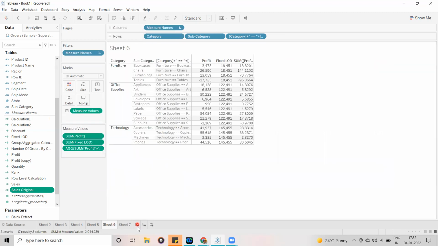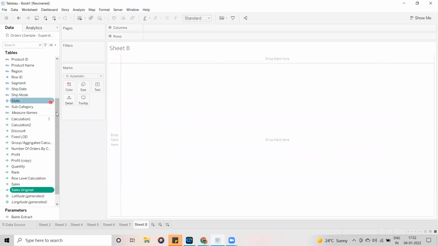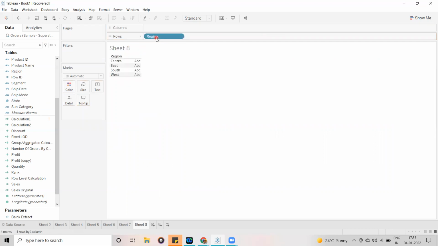Let me create one simple thing. Now I have a region and I have sales. I want to know the percentage of each region, like what is the sales percentage in each region? I want to find out.